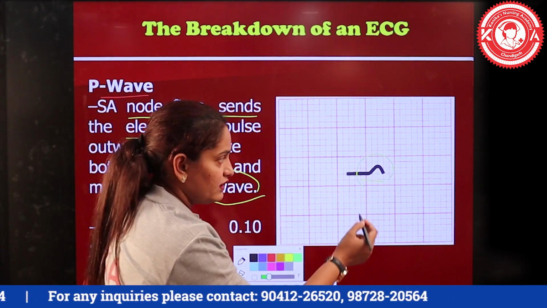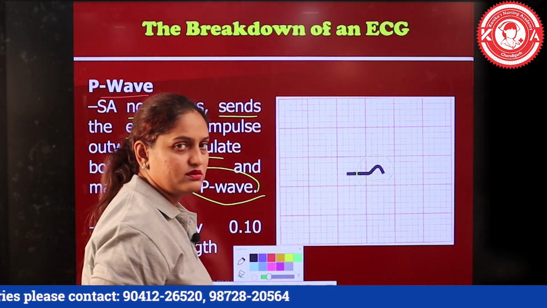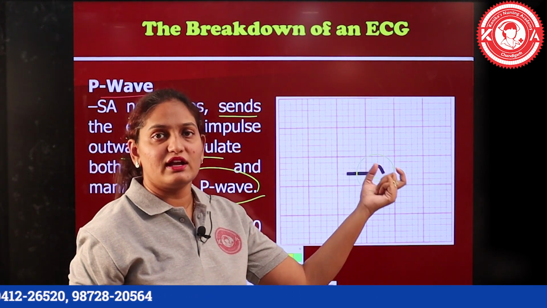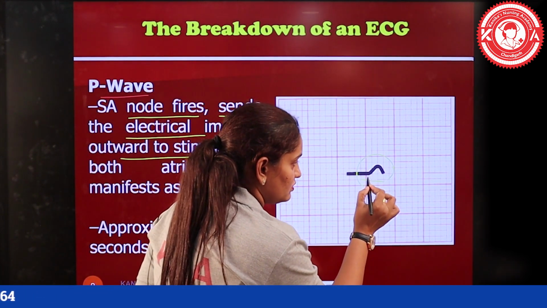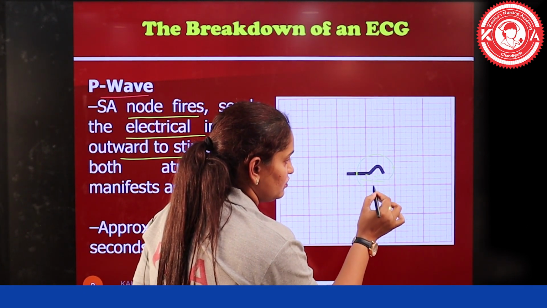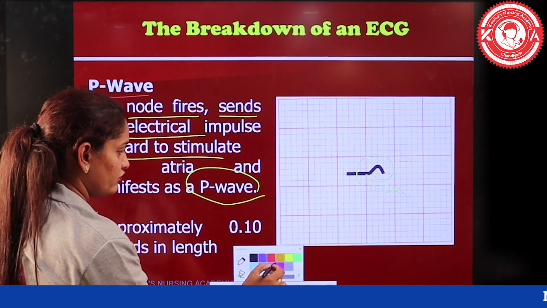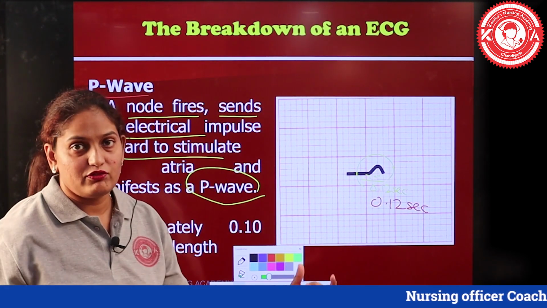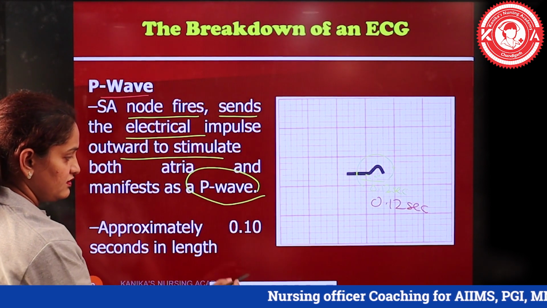And how do we calculate it here, whether it is normal or not? We mentioned that 1 small square time duration is 0.04 second, 2 small squares will be 0.08 seconds, 3 small squares will be 0.12 seconds. So यहाँ पर अगर हम देखें this P 1, 2 and almost 3, so it makes it as 0.12 seconds. So this is the normal duration of the, यहाँ लिख देते हो red से, 0.12 seconds, the P wave that is formed by the contraction of atria.